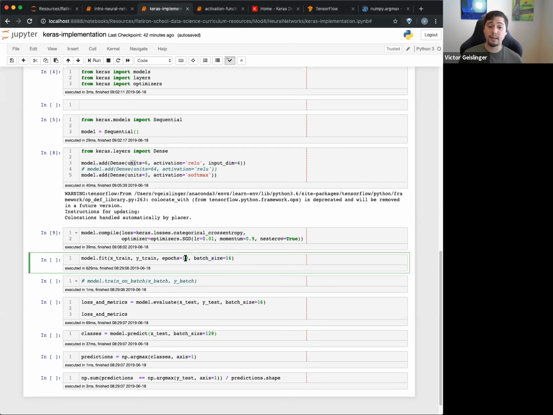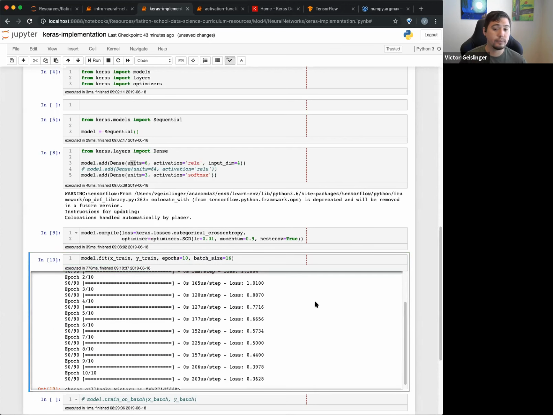If you have a larger batch size, to the point where it's the same size as your data set, then the amount of time it takes to go through one training feed forward and then one back propagation will take a lot longer because there are a lot more data points to put in. So this is the trade-off between epochs and batch size, and you have to figure this part out. In this case, it probably doesn't really matter because the data is so ridiculously small. So I don't even know how well we'll be able to get it.